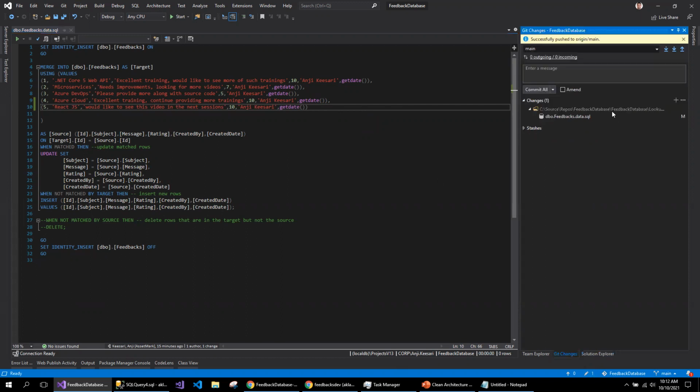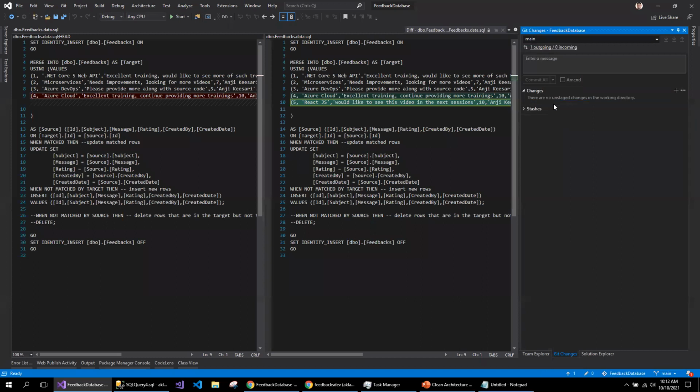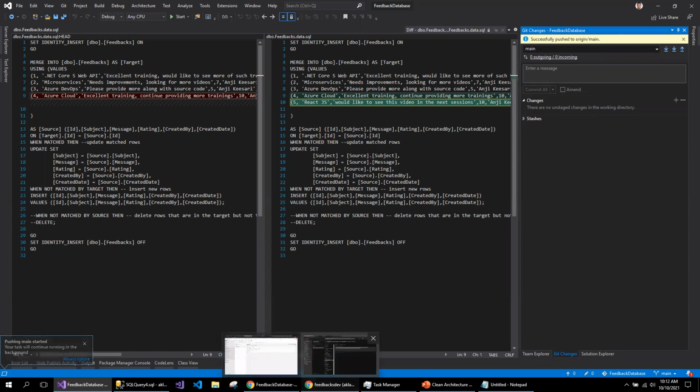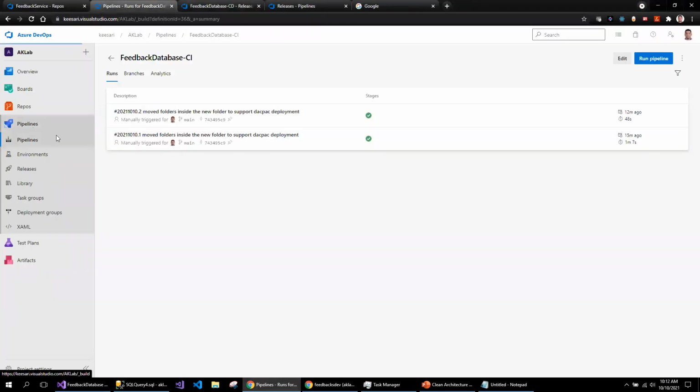So just for testing, I have added an additional row in the database table. Pipeline testing. Here I'm feeding testing. So since I have enabled the build and release pipeline, it should automatically trigger the release this time.